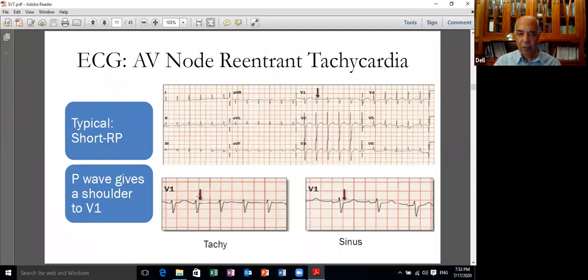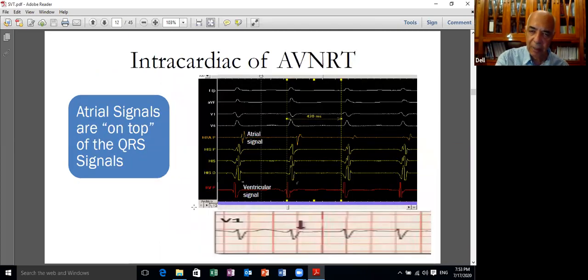So it's very important to realize that the PR interval here is very short and is usually less than 70 milliseconds. So remember the figure 70 milliseconds. 70 milliseconds is the distance between the beginning of the QRS and the beginning of the retrograde P wave. This means that the atrium and the ventricle are almost simultaneously activated together. And as a result of that, the P wave will appear at the end of the QRS, giving an impression of an R prime at the heel of the QRS, and even sometimes it precedes the QRS.